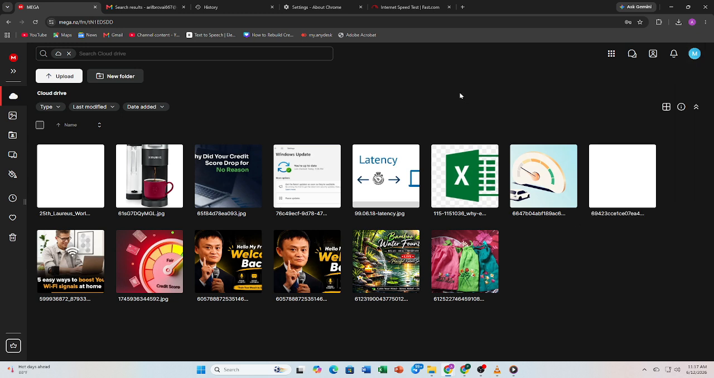And that's it. You've successfully fixed Mega File Preview not working issues. Your files should now open and display